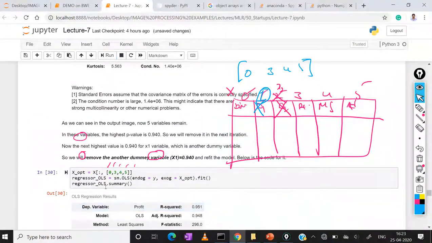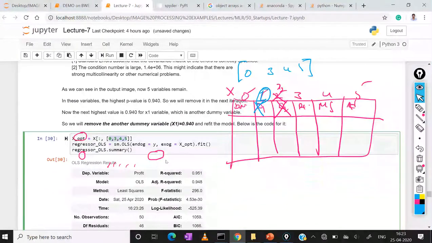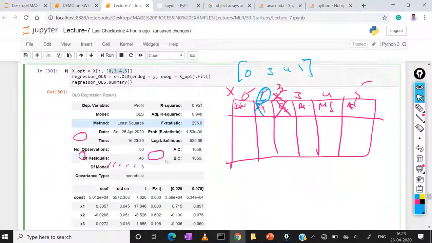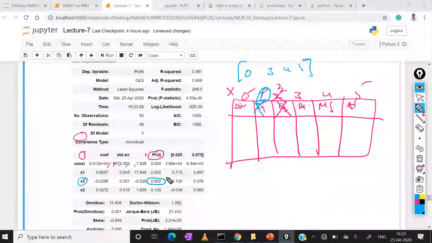That's why I am taking 0, 3, 4, 5. If you observe here, 0.602 is the highest p value compared to all other values. So what is this x2? This is the marketing spend feature.